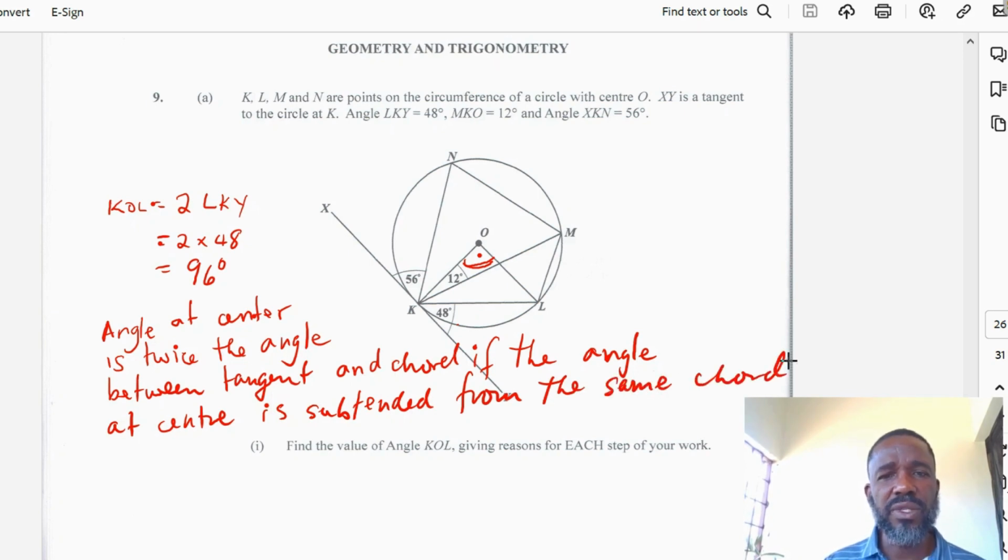So that is what is most important here, is that here we have the chord KL, and here